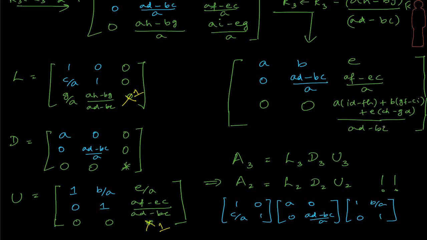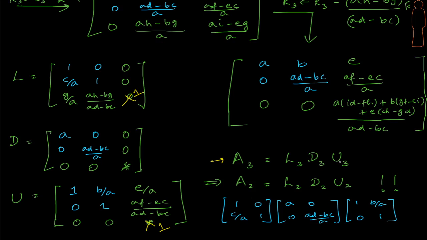Now since we have this, we can figure out the diagonal as well. The diagonal has to be the inverse of this division, which means the multiplication, which is by A, AD minus BC by A, and this huge expression where I am replacing this by a star. What we know definitely is L into D into U will give my original matrix A, which I am denoting here as A3, standing for 3 by 3, is going to be L3 D3 U3. This we know from our earlier results.